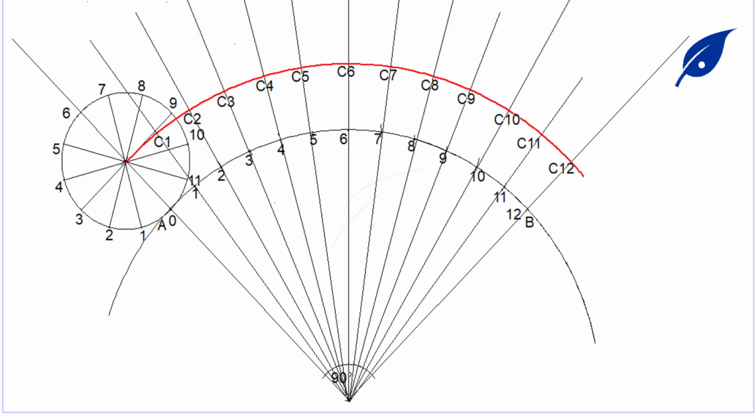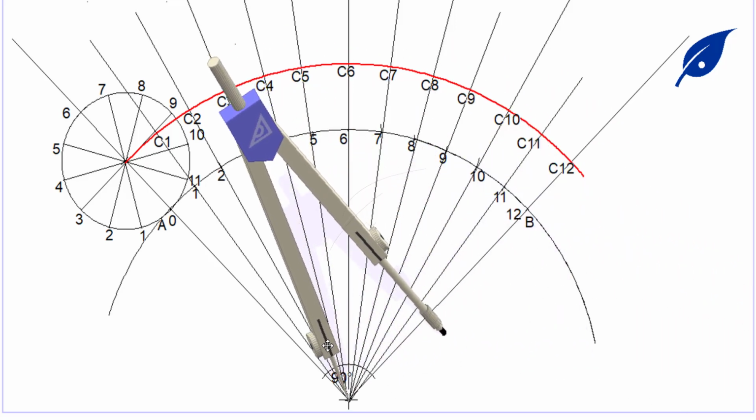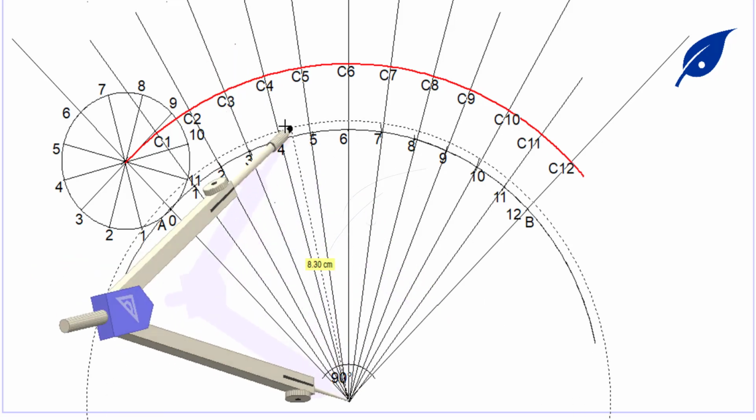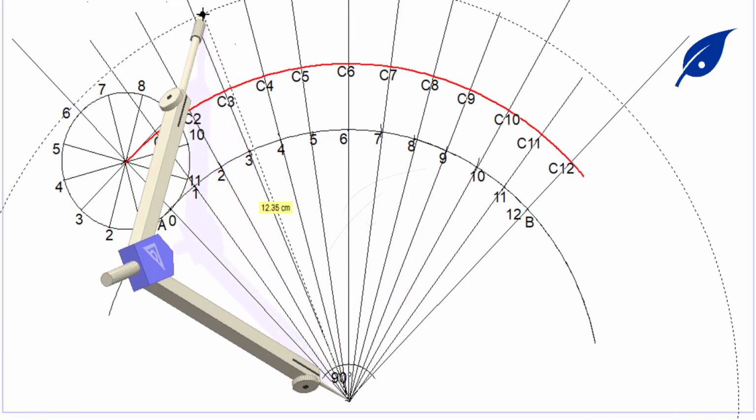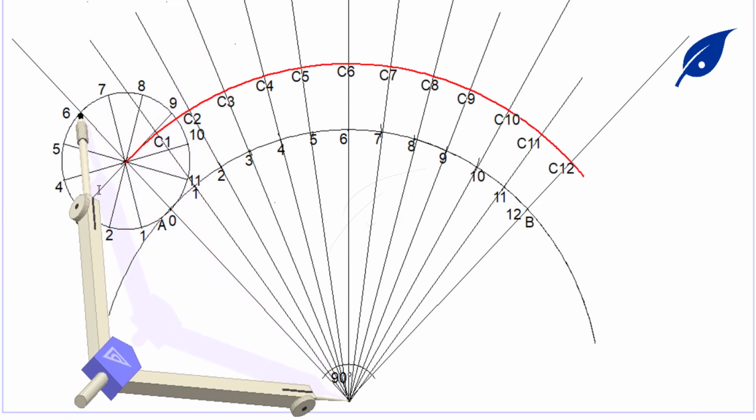Now we'll mark all these points to get C1, C2, C up to C12. So now after getting these points, we start drawing the circle, which has a radius of 20 millimeters. So now the next thing is we are going to